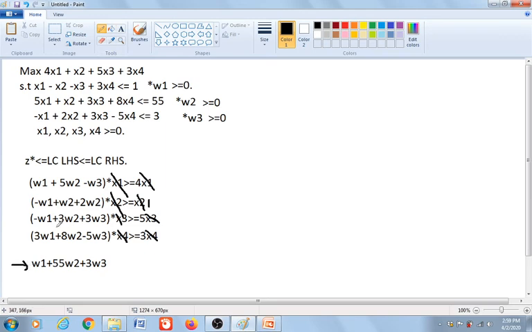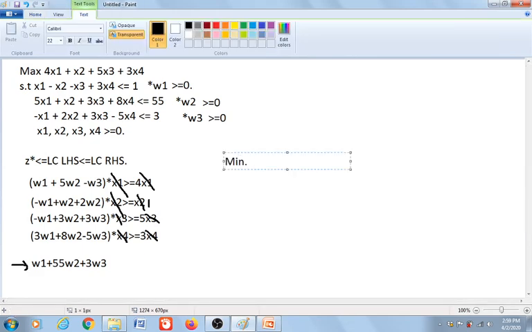What we have right now is just another linear programming problem, which is a min problem, and that is minimize w1 plus 55w2 plus 3w3 subject to w1 plus 5w2 minus w3 bigger than or equal to 4, minus w1 plus w2 plus 2w3, sorry, this should be w3, bigger than or equal to 1,